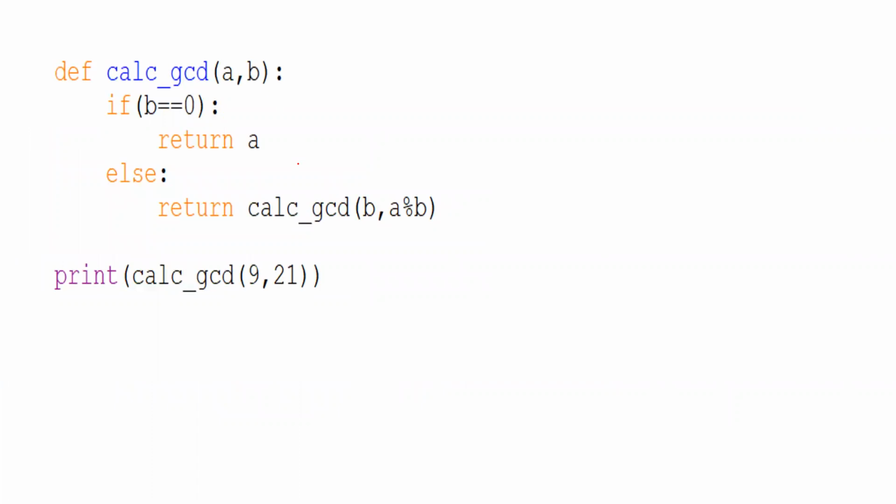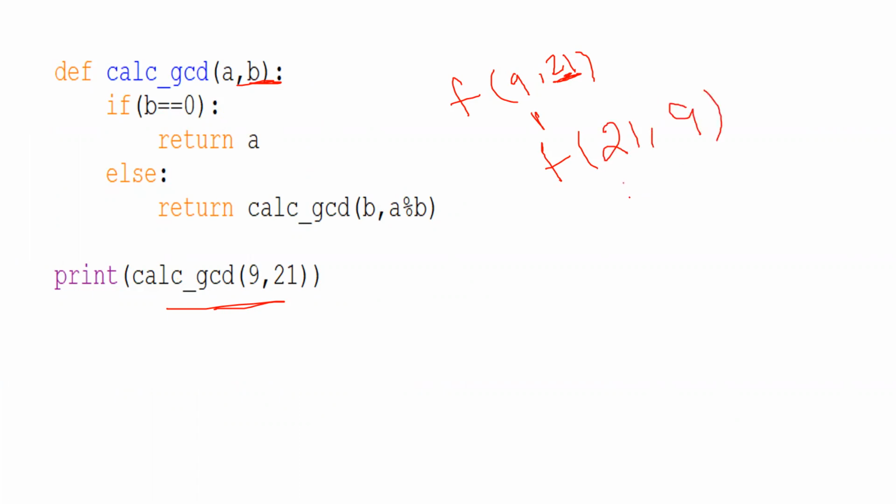And observe this. This is also based on recursive functions. Observe, I am calling a function f on two variables 9 comma 21. This will be copied into a comma b variables here. Check whether b equal to 0. No. In that case, what you are going to do? b comma a modulo b. 9 mod 21 will be 9. Now again, is b equal to 0? No. Again, b comma a modulo b.